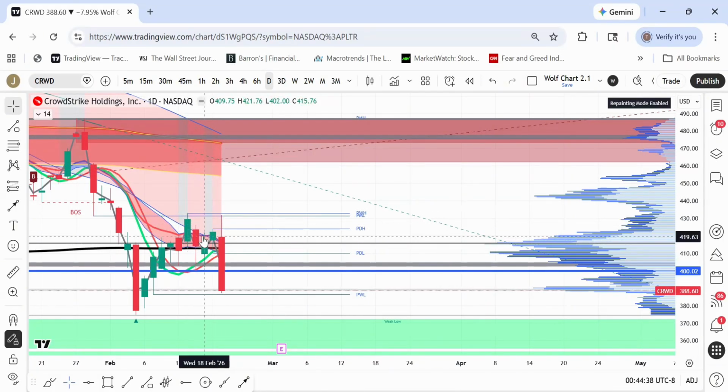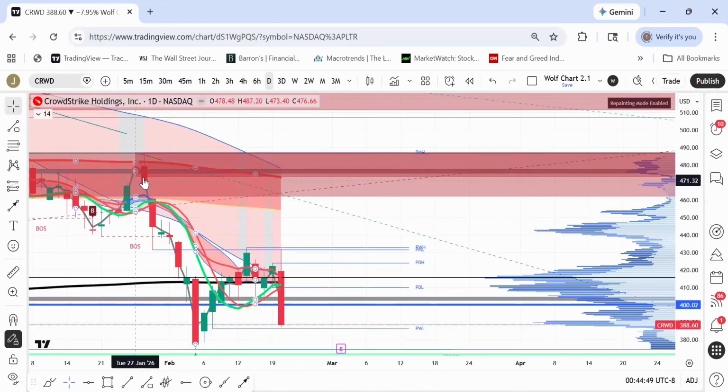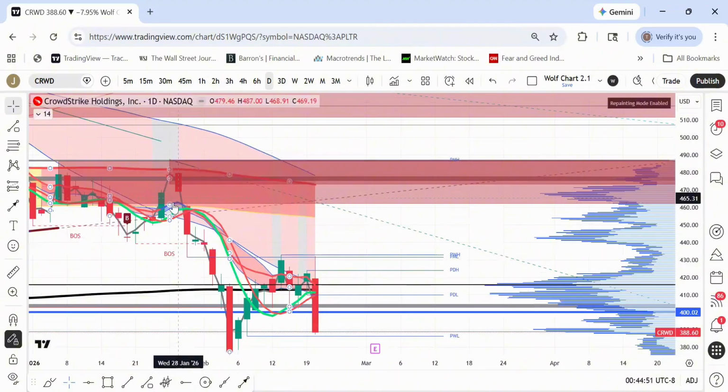That's when you know we reclaim it, when we get a full body and wick not touching the 12 cloud. That's when it can turn blue. But just because it closed here, that's why it's still red. Now, if we look right here, at this candle right here,